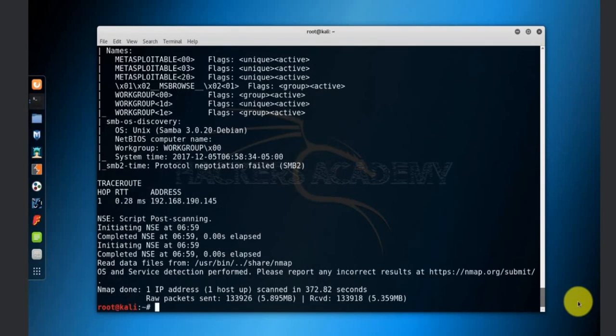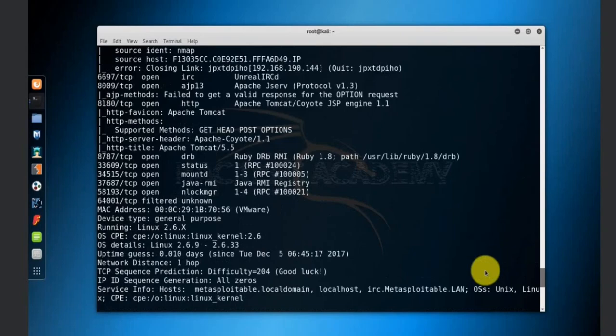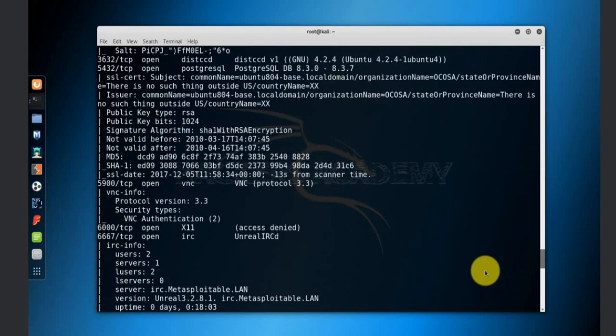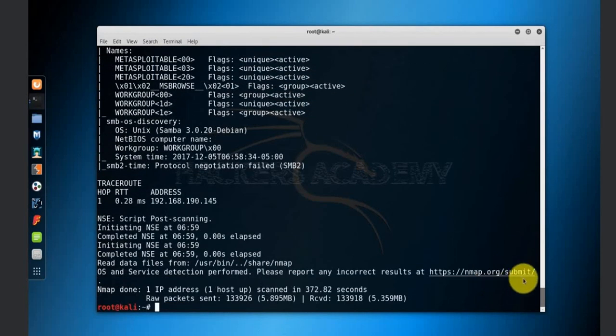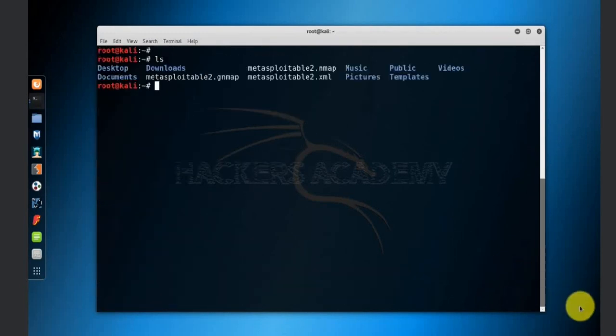Now that the scan is complete, I can scroll up and down to have a very quick look. But obviously that's not a very convenient way to look at it. I'll do a quick ls and you can see that the files were stored where I'm working in the current directory. So I want to tidy things up a little bit. Let me create a directory called target, and then I want to move all the Nmap scan files into the target directory. And we learned how to do that using the mv command